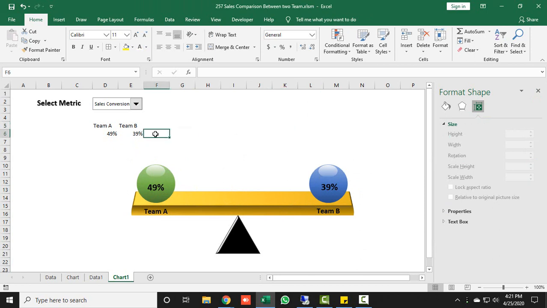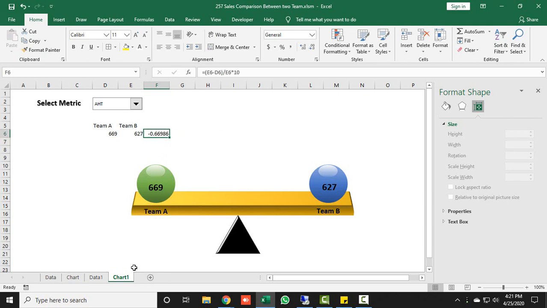Alright, to create this, I will select this one. Let's say AST. I will select this one. If I subtract Team B from Team A, you can get the difference. But if I want to get it in percentage, I will edit this formula and divide by Team B, so you can get it in percentage. But you want to rotate it, so how much do you want to rotate? You want to rotate 10, so I'll again edit this formula and multiply with 10. Alright, so now this is done.